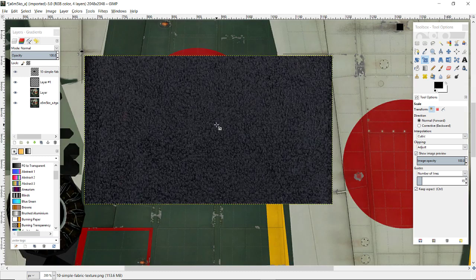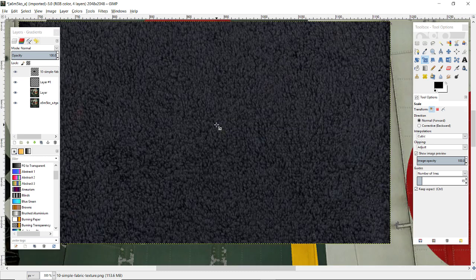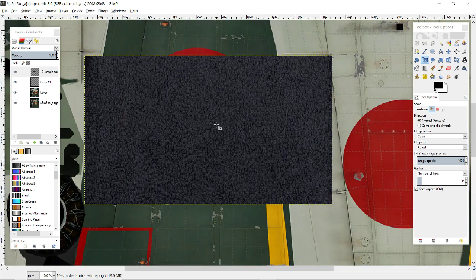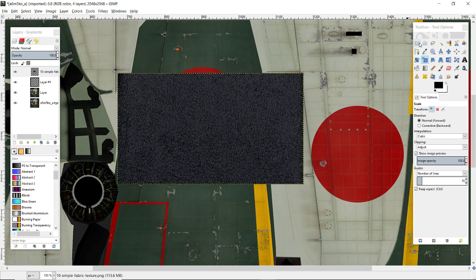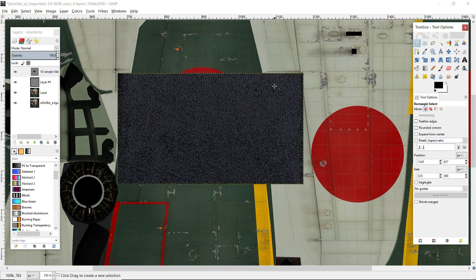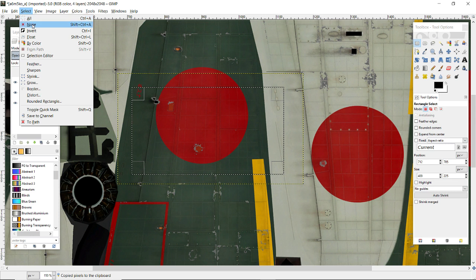Now we'll zoom into this. And you see, even at the level of detail of our base, it looks fairly decent. So we will select a part of this that has some good standard lighting to it. You'll see that that corner is actually a little bit darker, so I don't want that. I want consistent lighting so that when we copy this over, it'll look decent. And we'll Control C, copy that to the clipboard, hide this layer, select none,